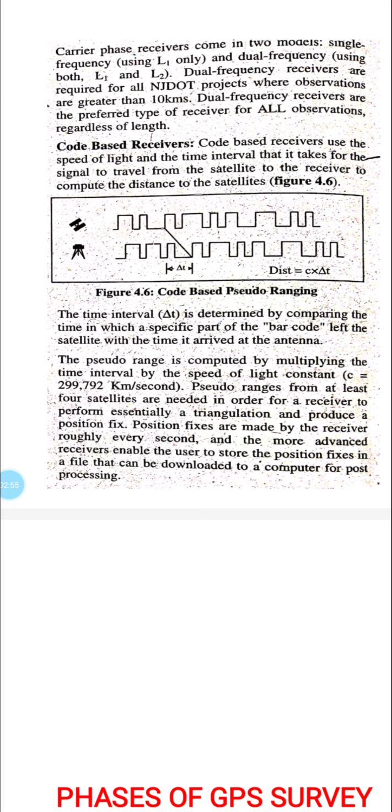You know that the basic principle of chain surveying is triangulation. In order to do triangulation, we are establishing certain points on the site. In order to fix that position, to find the accuracy of that position, and also to do triangulation, we need pseudo range from at least 4 satellites. Okay.